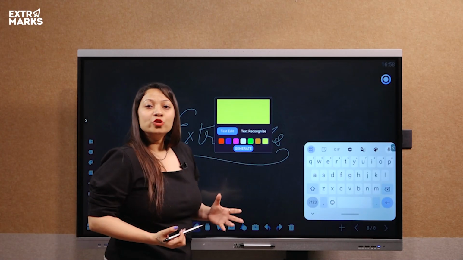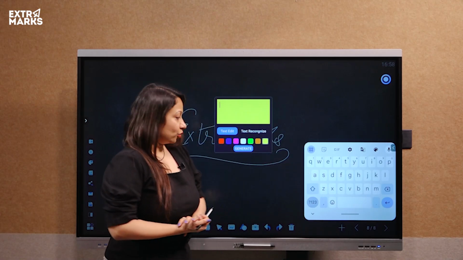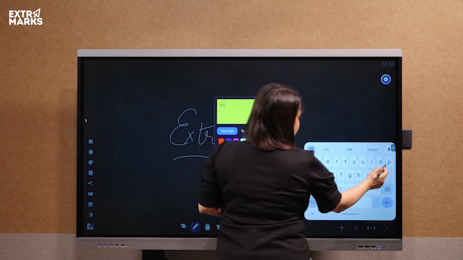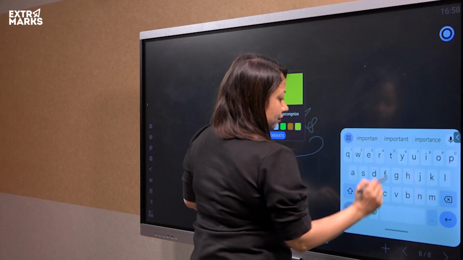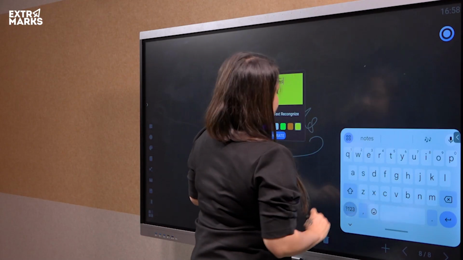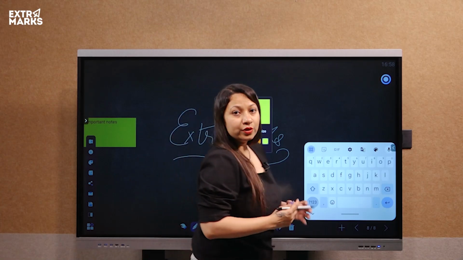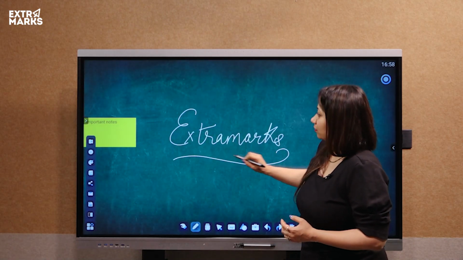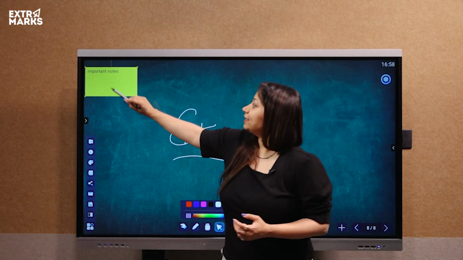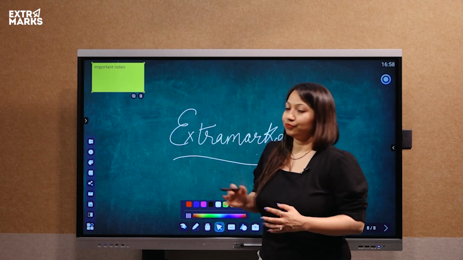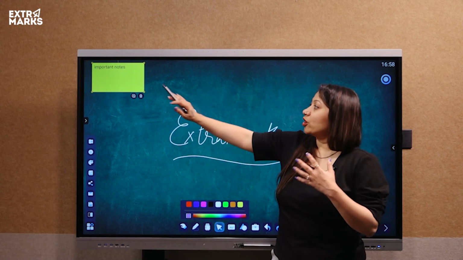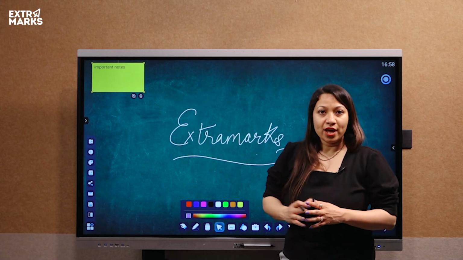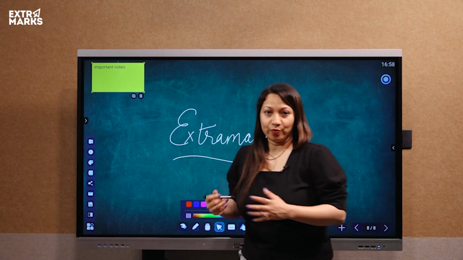As a user, we can also use sticky notes on the whiteboard background. So here I have created a sticky note and it is placed on the background. I can select and move it from one place to another. So as a teacher, I can keep all my important formulas, equations, maybe thought of the day at one side of the whiteboard and can use the entire canvas for my notes preparation.